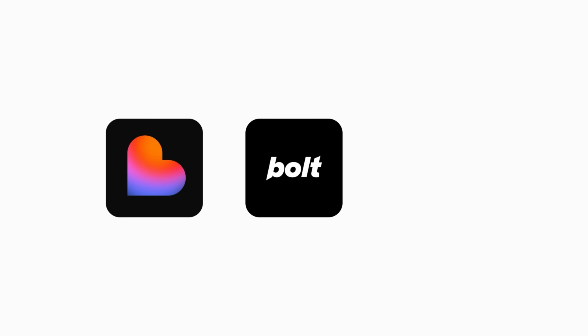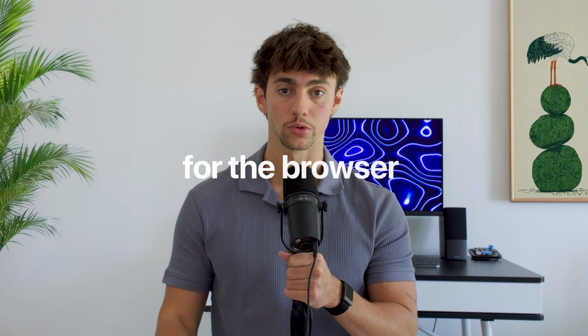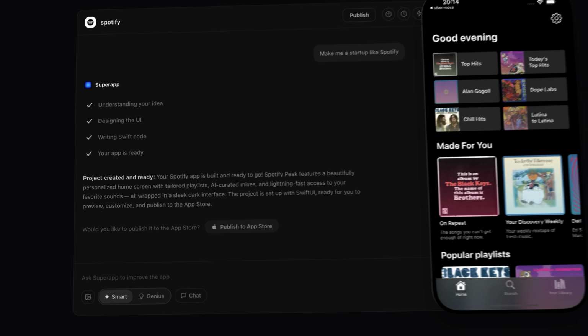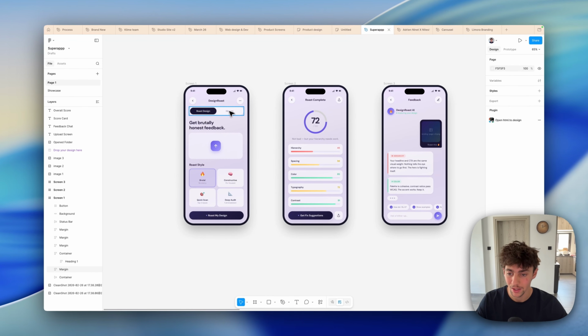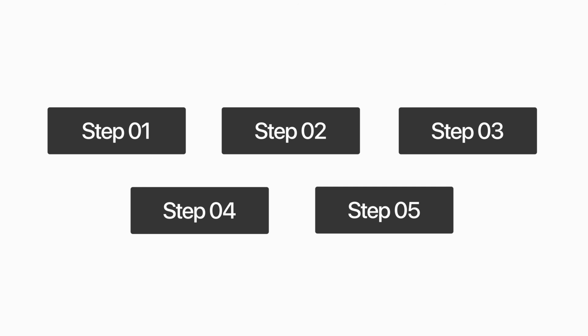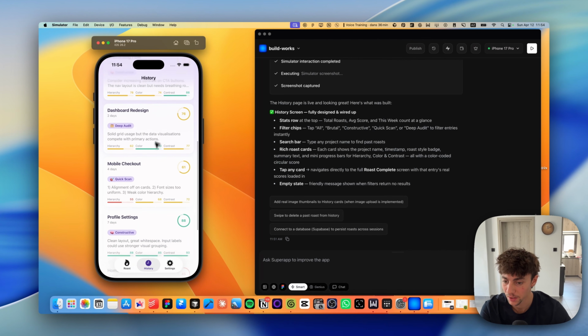Every AI builder you've heard of, like Lovable, Bolt, V0, they only build for the browser. But the other day I found this hidden vibe coding tool that actually works inside Xcode. You give it your Figma design and it handles everything from code generation to App Store submission. I'm going to show you the full process in 5 steps and a design setup that makes the AI output